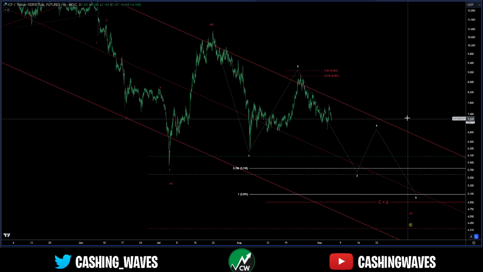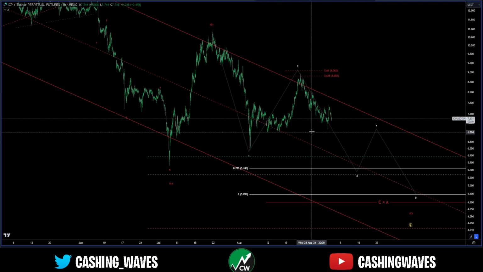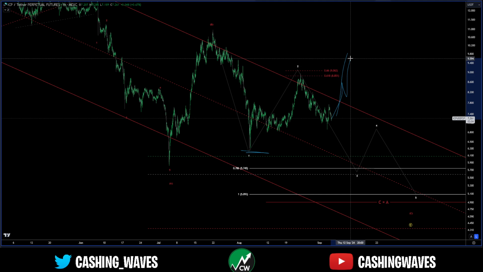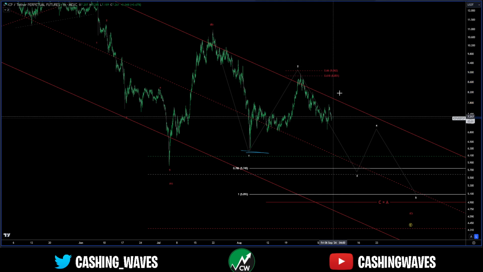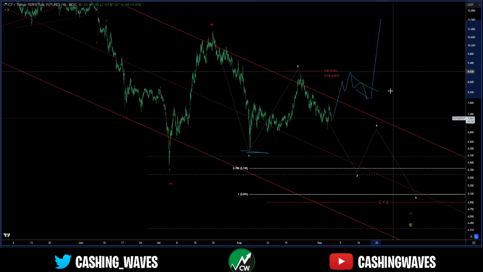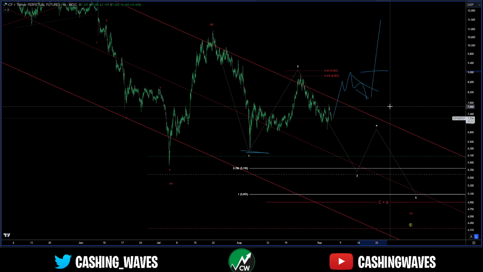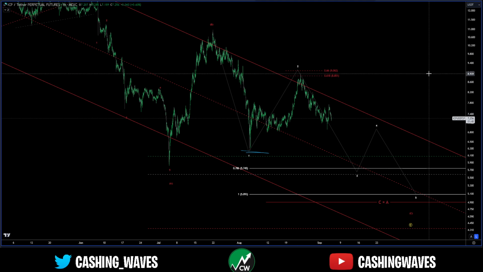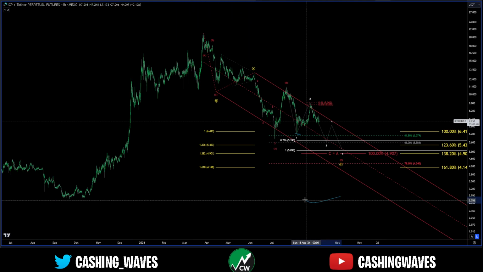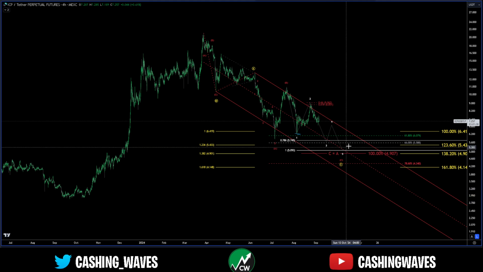Again, that triangle is possible as a Y wave and we hold this level, but I'm not getting into that until we get like a 5-wave move to the upside on the micro. If this is a 1, 2, 3, 4, 5, get a nice pullback, I would relook at that, but I'd use trigger-in orders on breakouts for that. It's just too low probability until it really exposes itself. This makes the most sense. We're just in a double zigzag for our wave 2. I'll give it a little deeper wave 2, but it's still right there, right?